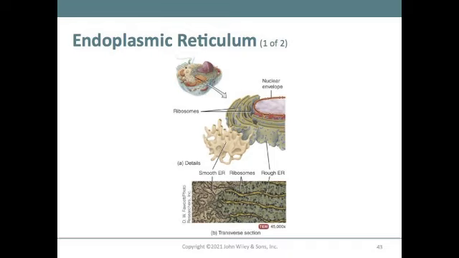Smooth ER extends from the rough ER to form a network of membrane tubules. Unlike rough ER, smooth ER does not have ribosomes on the outer surfaces of its membrane. However, smooth ER contains unique enzymes that make it functionally more diverse than rough ER. Because it lacks ribosomes, smooth ER does not synthesize proteins, but it does synthesize fatty acids and steroids such as